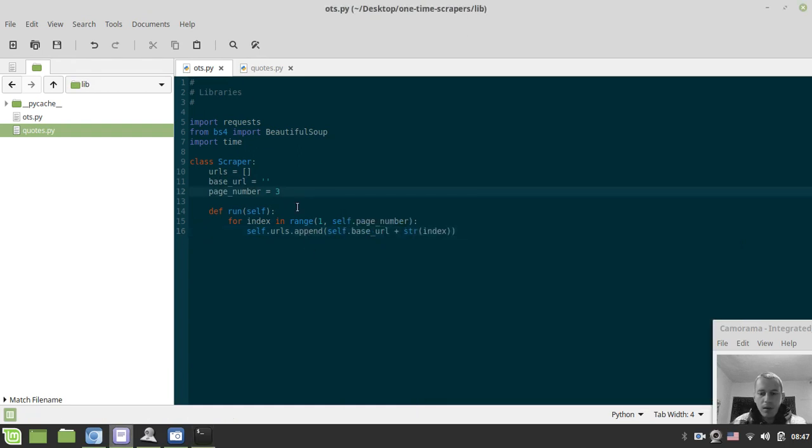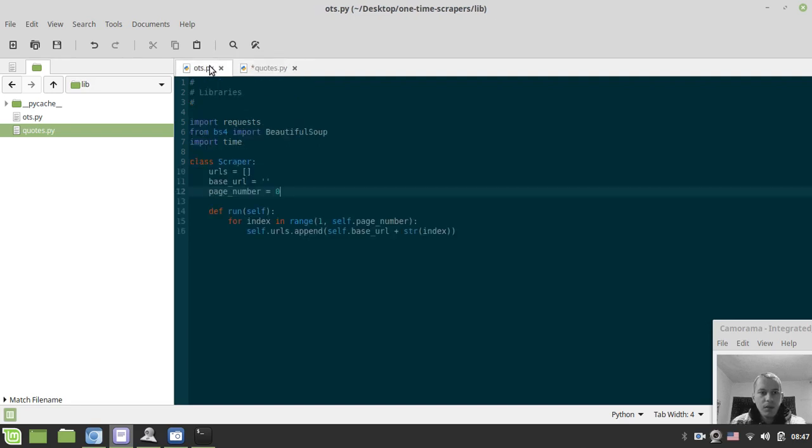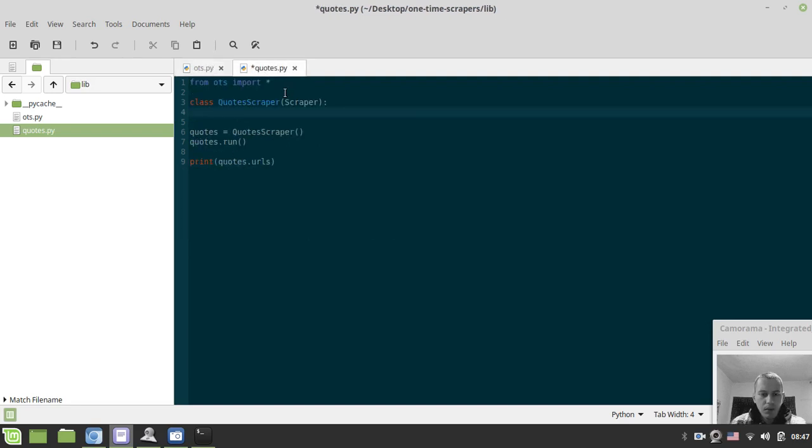And what's the cool thing about the inheritance? We don't really need to care about this mother class, I don't know how to call this, the base class. So we can specify this stuff over here. Let's remember how we call this page numbers. If we just specify the page number is equal to 2,